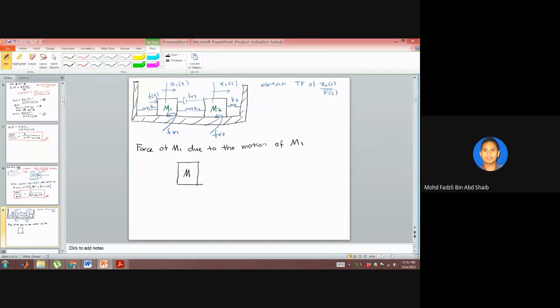This is M1. And this one is an S domain, okay? This one S1S. Okay. Now we need to consider what force is on the left hand side and right hand side. In the right hand side of M1,